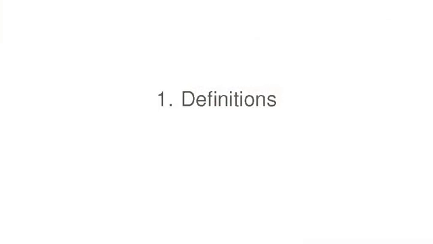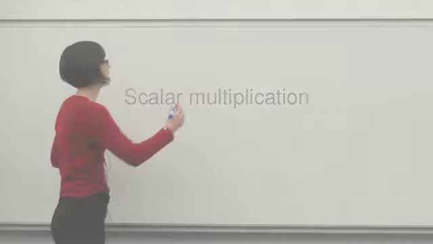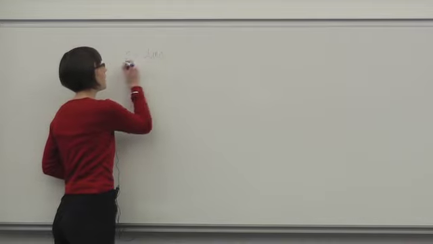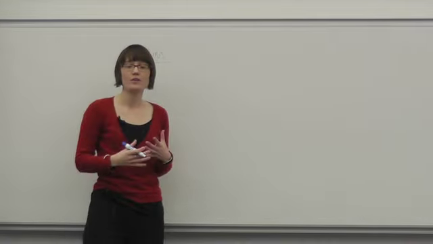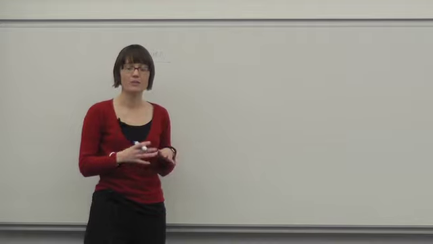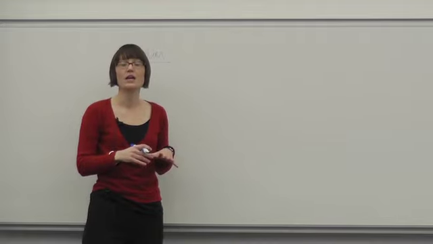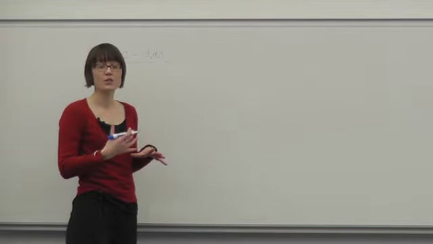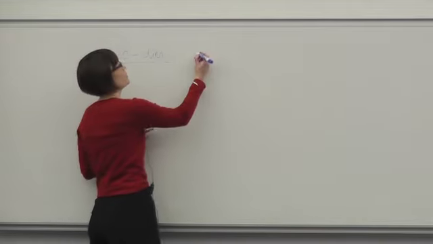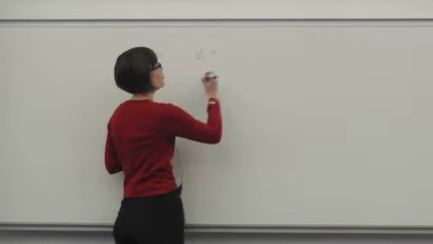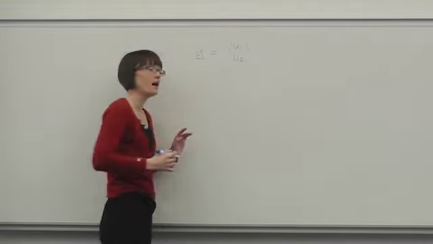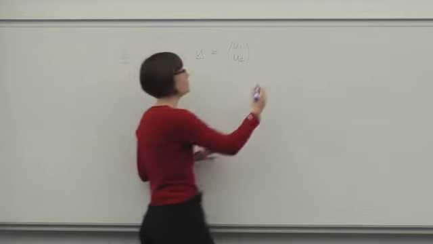First of all, we're going to look at scalar multiplication. So I'm going to start off with the 2-dimensional case. I'll begin by going through the algebraic definitions, and then we'll have a look at some examples and see how we can interpret this geometrically. So if I'm given a 2-dimensional vector, say u, which has components u1 and u2, and I'm given a scalar lambda,